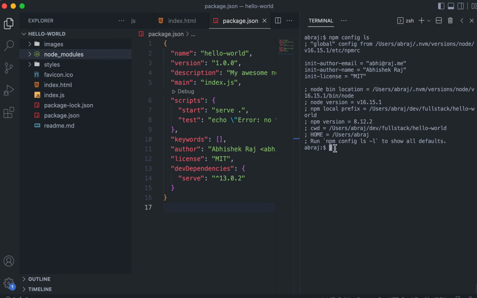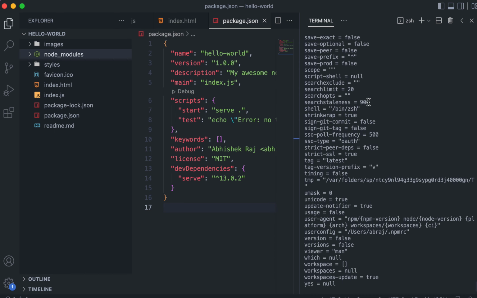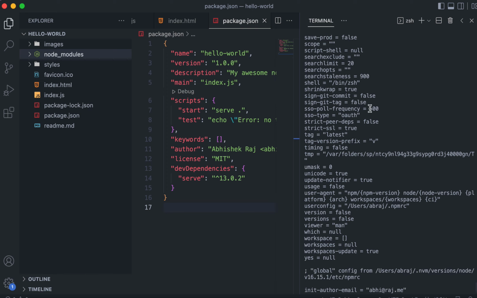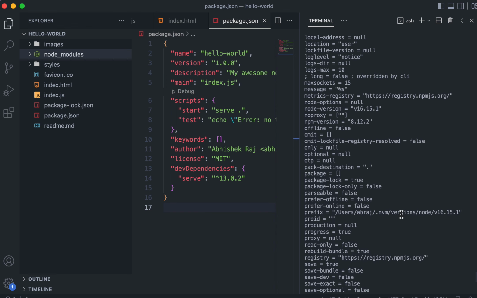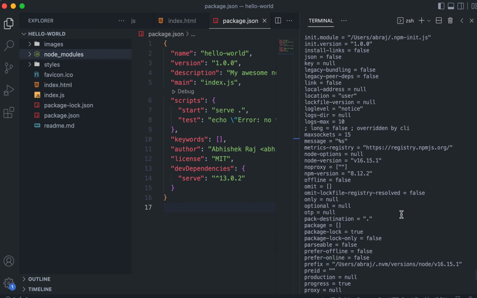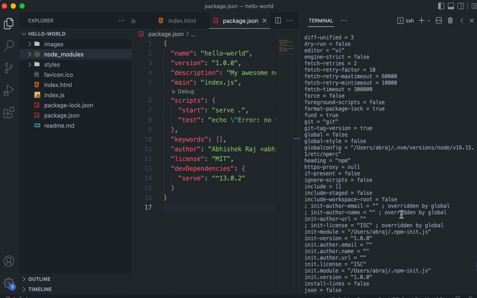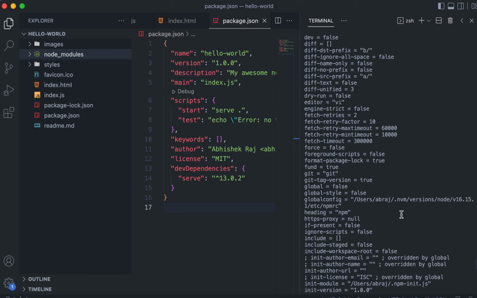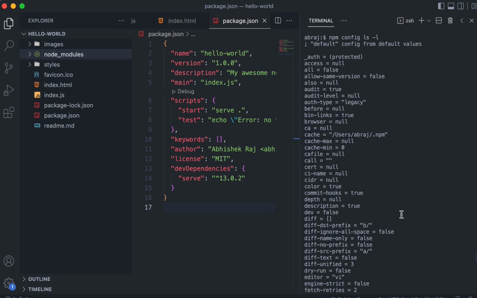If you want to see all the things, then see here it is also saying npm config ls -l, then it will show you all the defaults rather than only whatever you are using, right? So if you do something like this, then all the things will be shown. Now you see that a lot of other things are shown here. So for example, where is the cache? I was telling you earlier that things are cached in your disk somewhere,